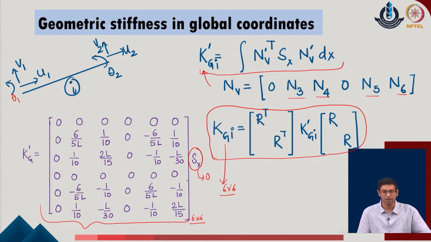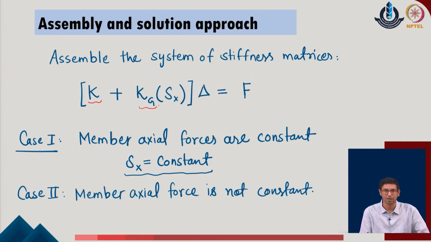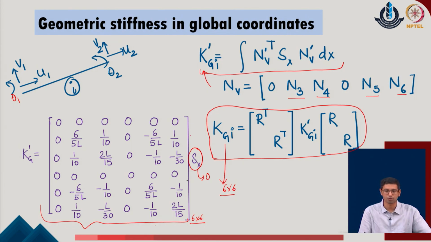With these ideas in mind, I can now assemble the overall stiffness matrix, and I realize that the geometrical stiffness is a function of S of x. Also, to be very careful, S of x is not a single value, because there may be multiple columns and they may have their own individual member compressive loads. So, while defining the individual geometrical stiffness matrix for any member i, the S of x component will also be individually defined. That could be common across all the members, or a member component which changes its value from member to member.